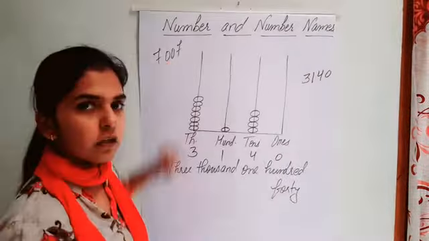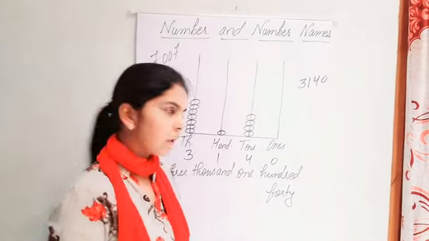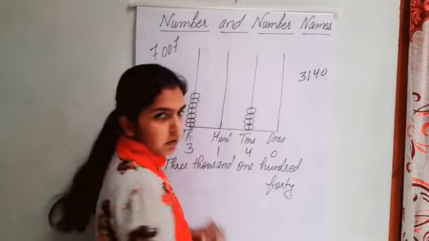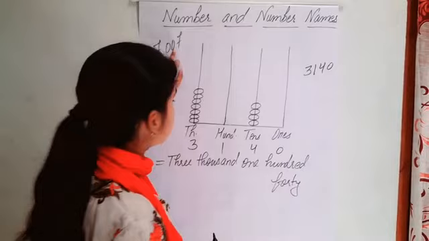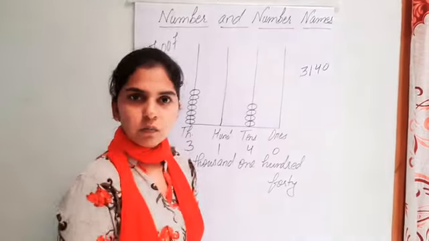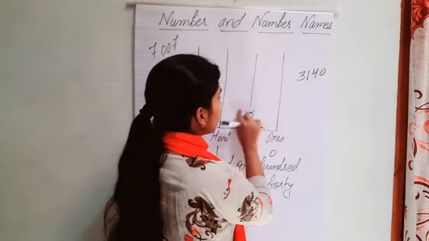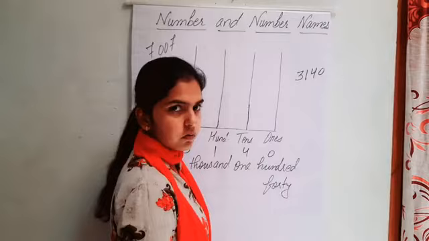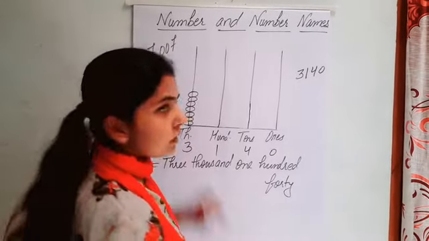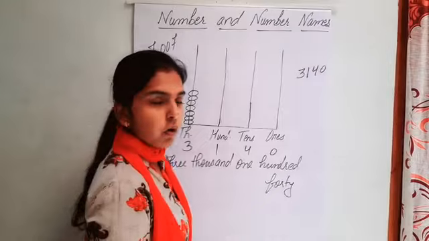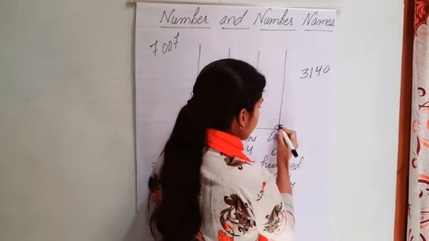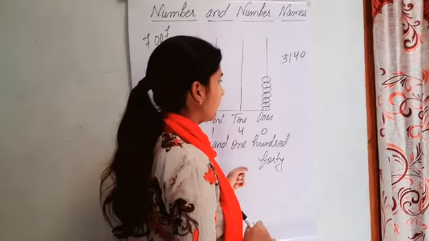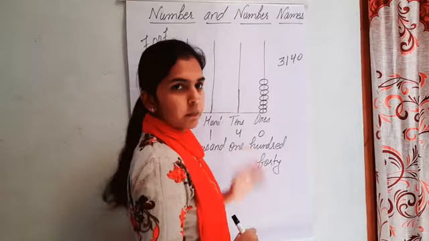After that there is 0. And you know that 0 means nothing. So here nothing will be there. So we will not draw any bead here. Okay. After that, what is there? 0. And you know that 0 means nothing. So we will not draw any bead here. Okay, students. So we will leave that spike also. And at that place, what is there? 7. So how many beads we will draw here? We will draw here 7 beads. 1, 2, 3, 4, 5, 6, 7. So there will be 7 beads.